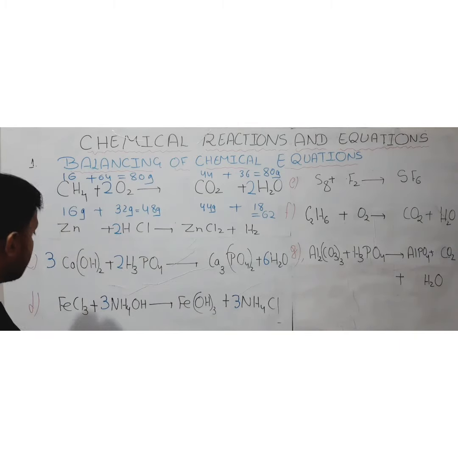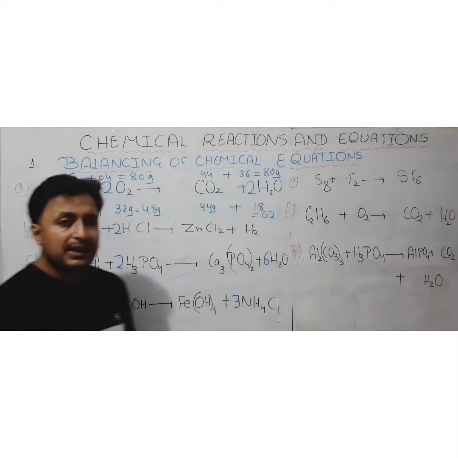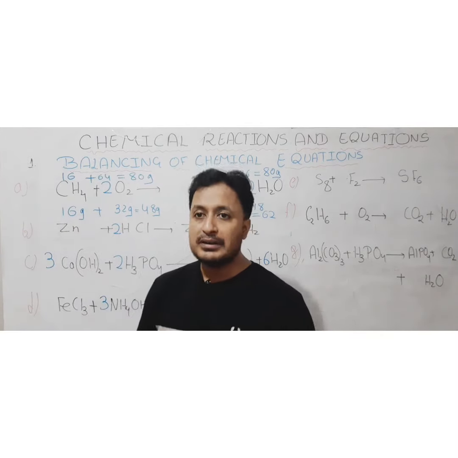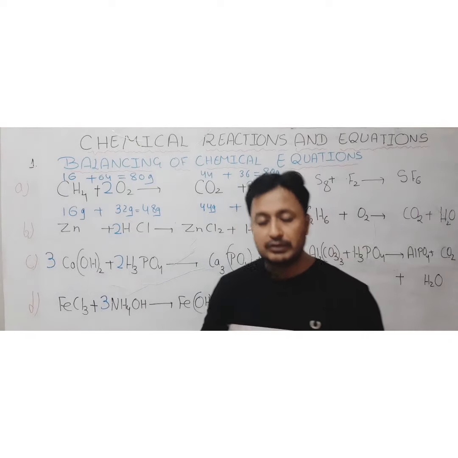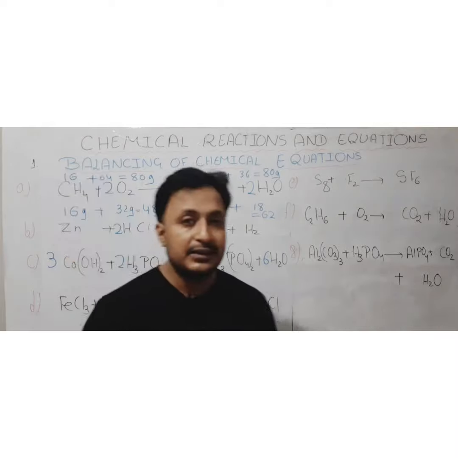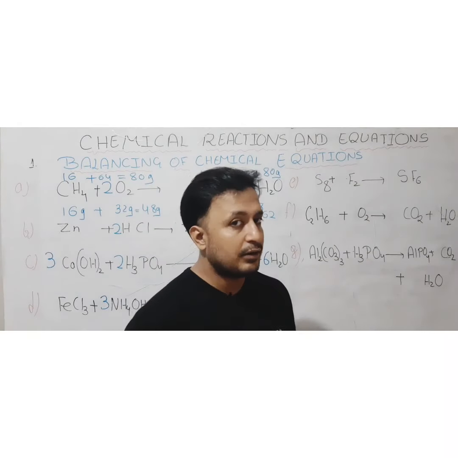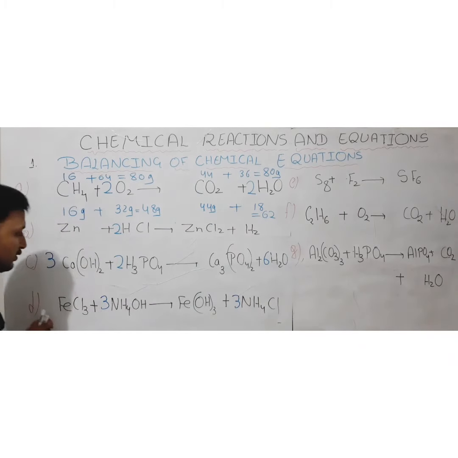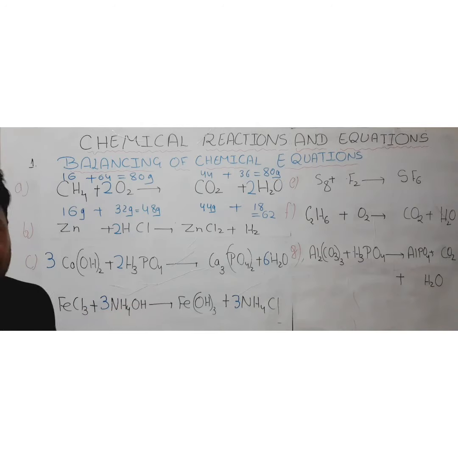One more important thing, when you are putting coefficients, sometimes it may happen that you have to make a rearrangement also. It's not necessary that whenever you have put a coefficient, it is not going to change. Sometimes when you are putting one coefficient here, there may be a change on the other side, so you have to again change that coefficient. That may also happen, we will see in the coming equations. Okay, so that is how this equation, which was looking difficult, became easy to balance.